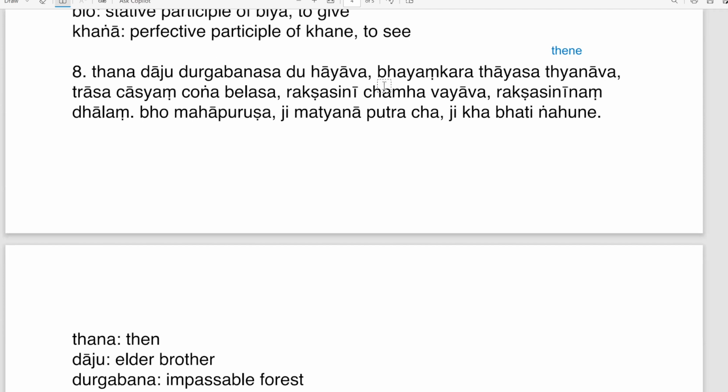unapproachable forest, and bayengar. This is also Sanskrit, terrible. Paya is fear, gara is making. So making fear, that's very terrible. Thaya is place, so it is the locative ending. So in this terrible place, and tiangamo, that's having arrived, antecedent converb of tene. So having arrived at this terrible place. Drasa jasen junga belasa. So at the time of being, like a converb, co-verb here, feeling